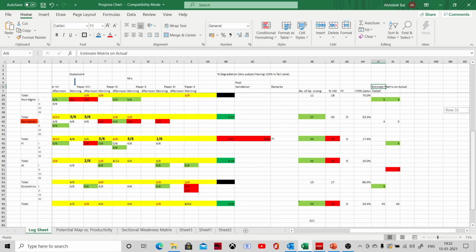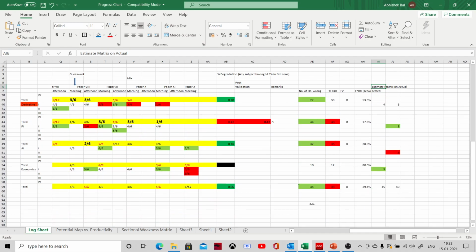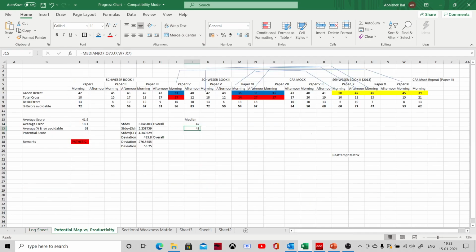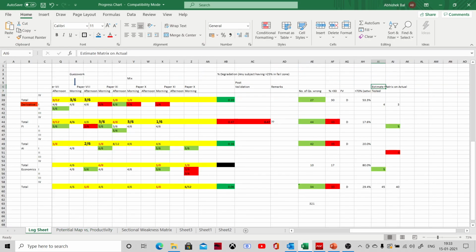Okay. All right. So let's go to the second sheet, which is the potential map versus productivity. And this is very, very important. Now here what I've done is I've tabulated all the scores, how many of them I have got correct. As you can see, this is exactly taken from here. So in a way, it's basically the summary sheet or tabulation sheet of the raw